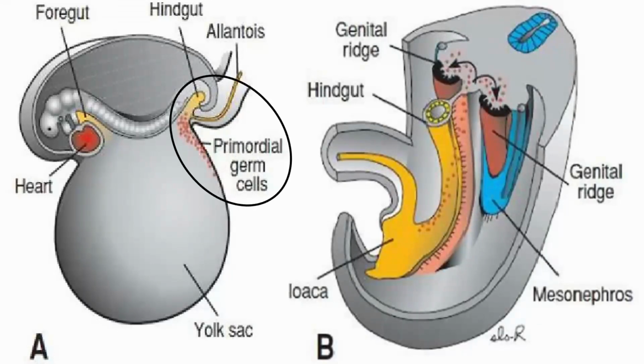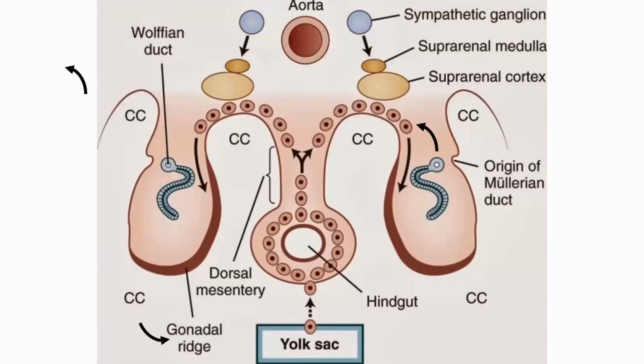These are the primordial germ cells in the yolk sac around the allantois, and as they develop, they migrate along the nearest structure, which is the beginning of the large intestine, the third part of the intestine, which is called hindgut, and they move and they enter the posterior abdominal wall made of mesoderm, and they settle down in